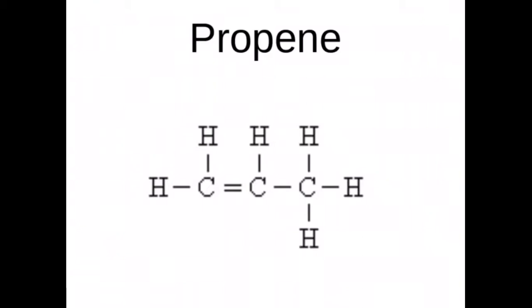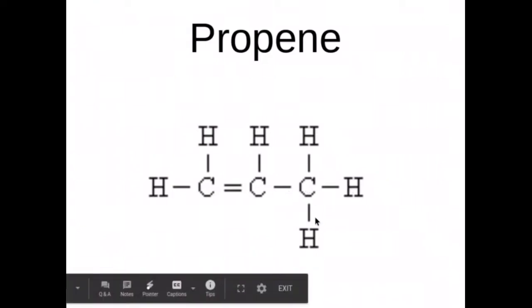Let's talk about the placement of those hydrogens. Since this carbon already has two bonds between it and the next carbon, it must have two more bonds, and those are filled with hydrogens. Since this carbon has two bonds to this carbon and one bond to this carbon, it already has three bonds and therefore can have one more bond, which is to a hydrogen. Since the last carbon here only has one bond, it can have three more bonds, and therefore it is filled